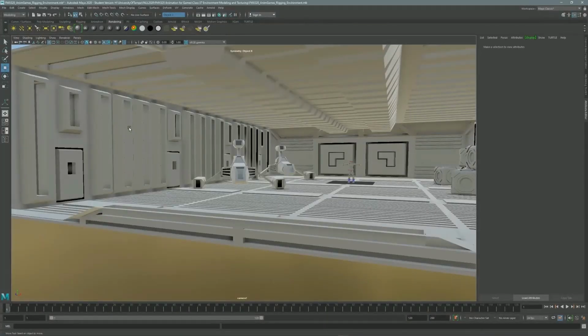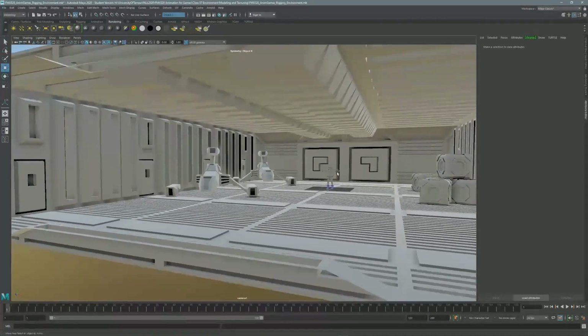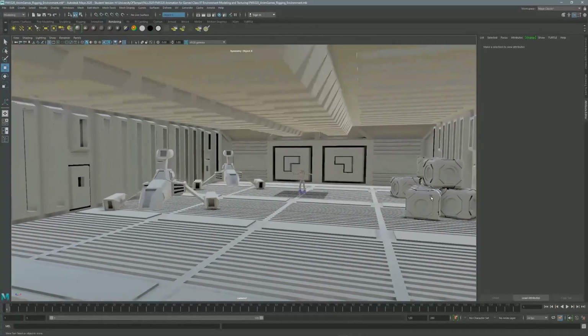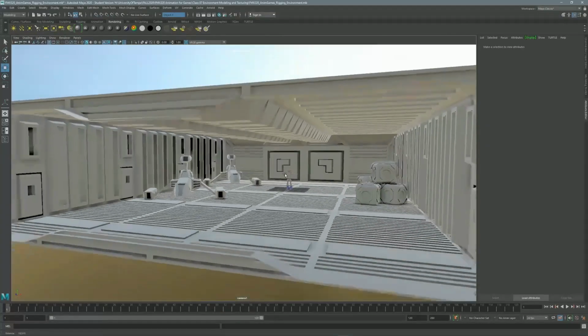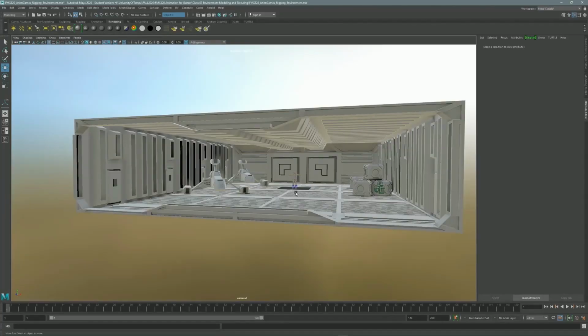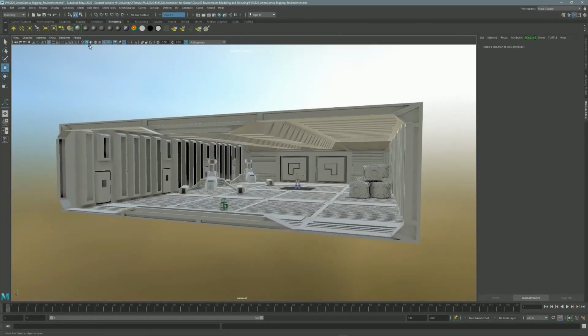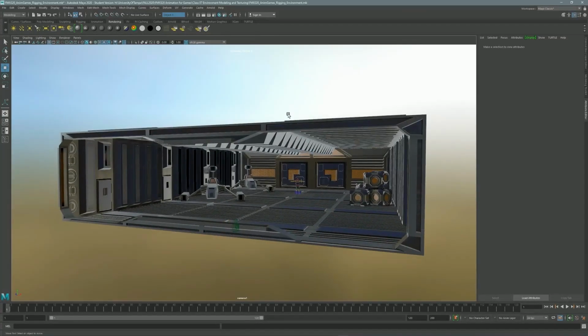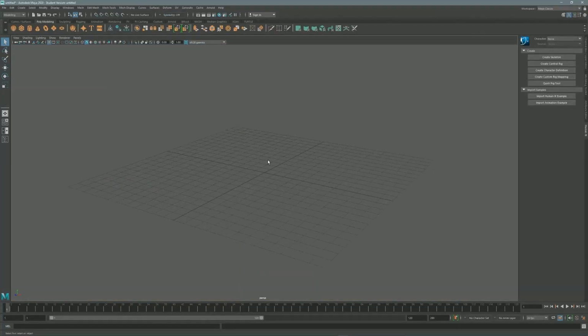I have the walls here, they are modular, a lot of different modules connected to create the final hangar. I have some starfighters on the hangar, some crates, and I have my main character there that I put there just to have a reference for the scale of the place. So let me get the textures back, and let me restart a new project here, and I'm gonna show you some basic concepts you need to understand before we start